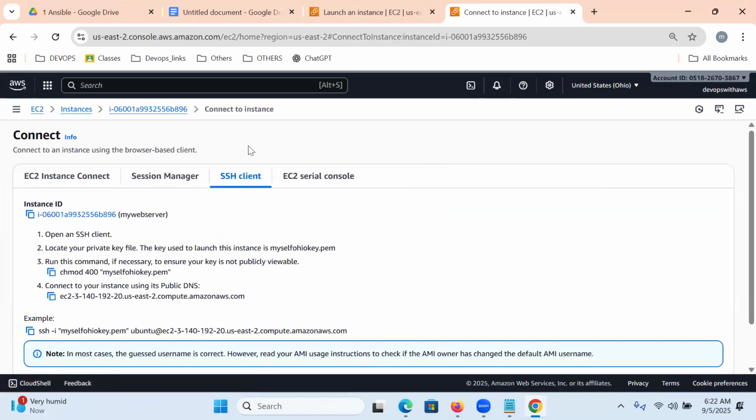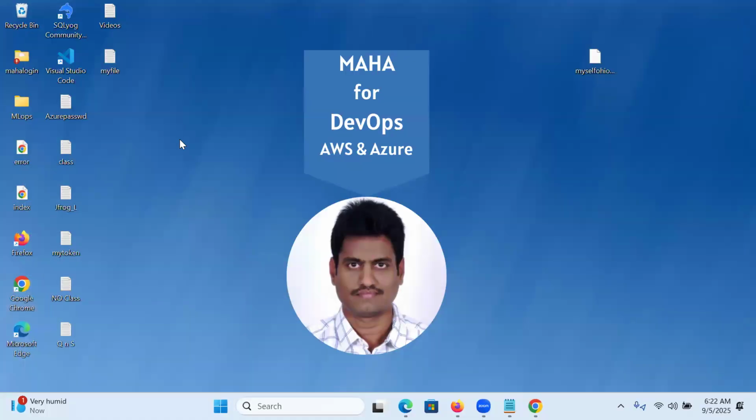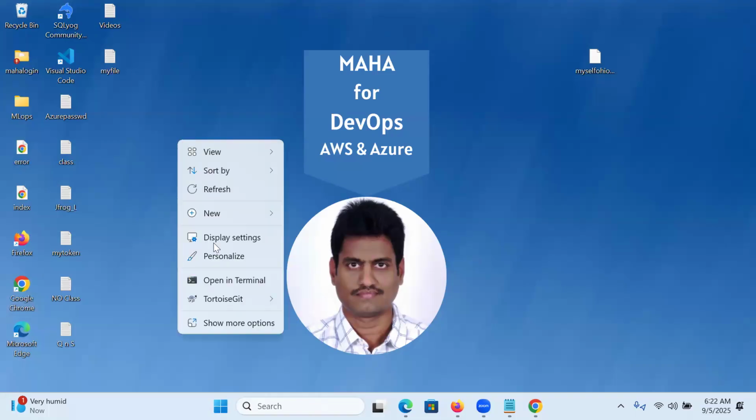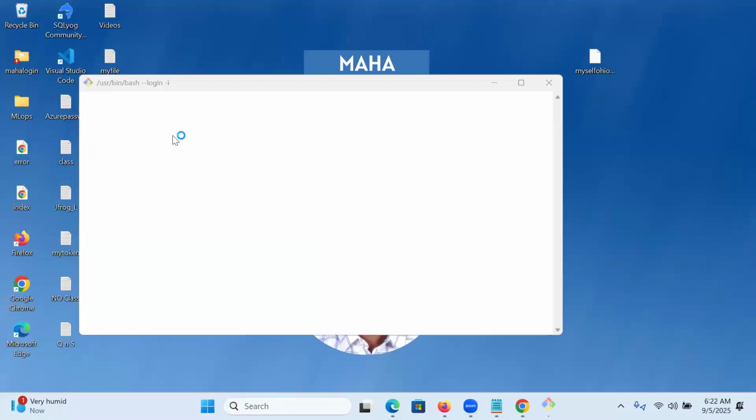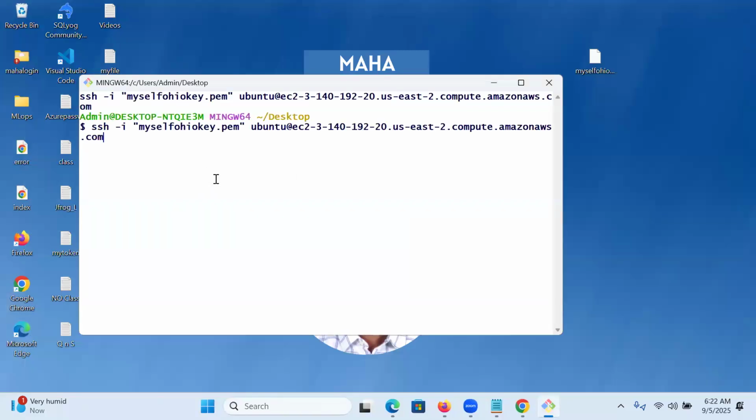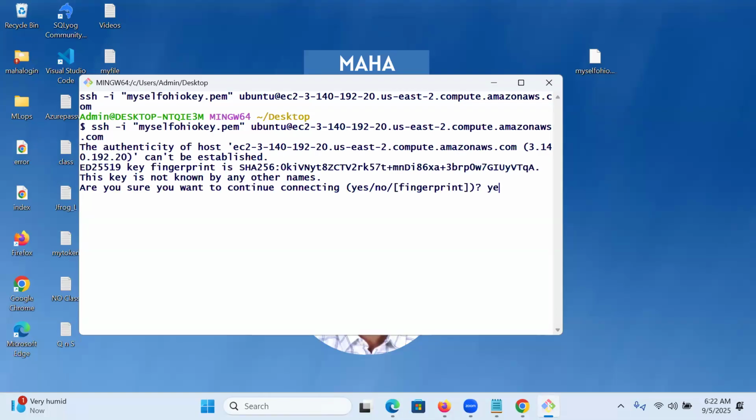Let us connect to this machine. Click on SSH, copy the SSH connection. Go to where exactly the PEM file is located. Paste your SSH connection. Yes to continue.